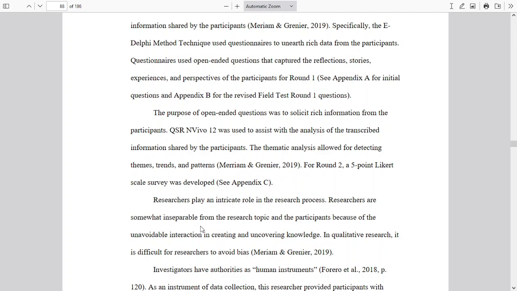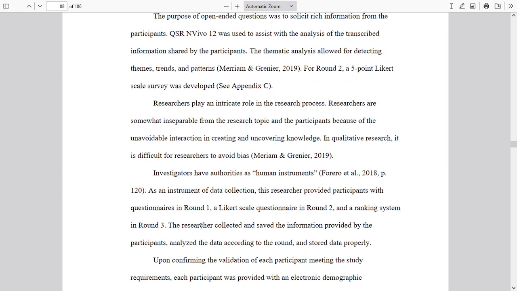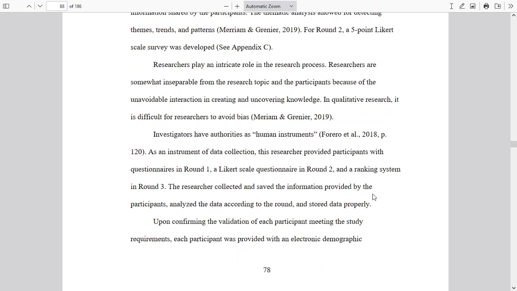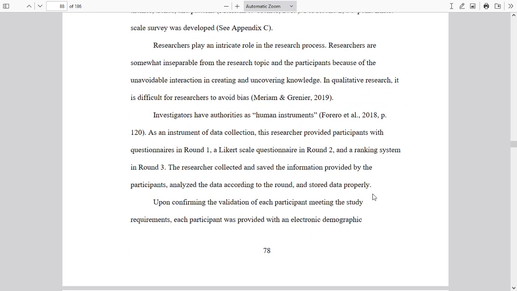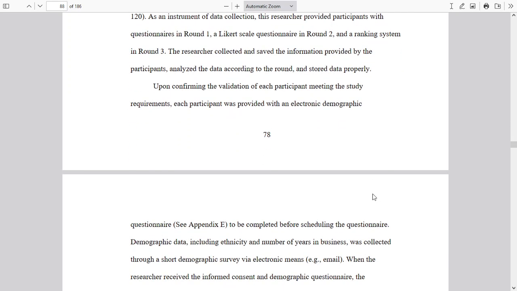I was an instrument in the whole process because I'm collecting the materials. And then a ranking system. The themes that were left, I asked the participants to rank their top 5, with 1 being the lowest and 5 being the highest. I think that's how I said it, or maybe that was backward. I have it in here. Oh, and I found the participants on LinkedIn is how I did that.